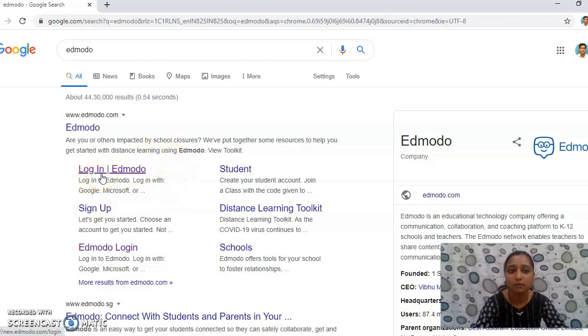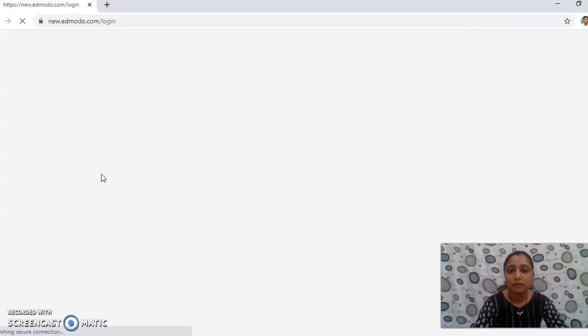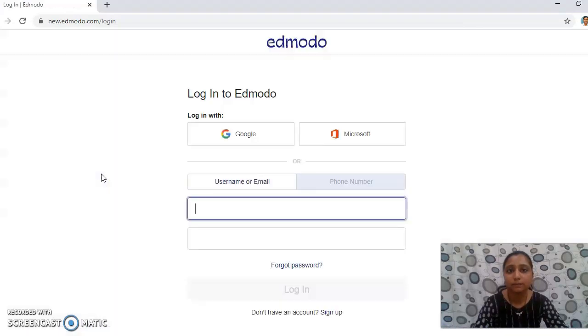So first, to start off and register myself, I have clicked on login. As soon as this login to Edmodo starts, I am getting login with your Google ID or Microsoft ID, or you can create a different user ID and password and log in from that. Since I already have an account in Google, I will log in from my Google ID.